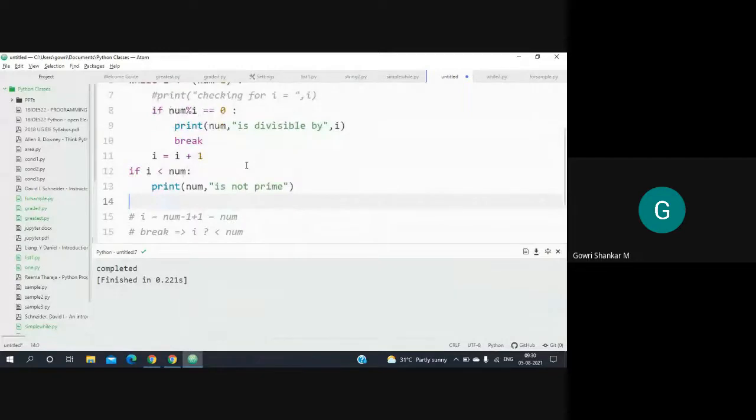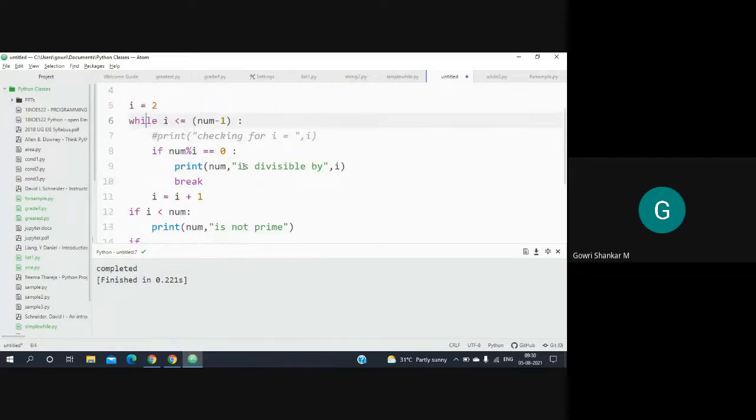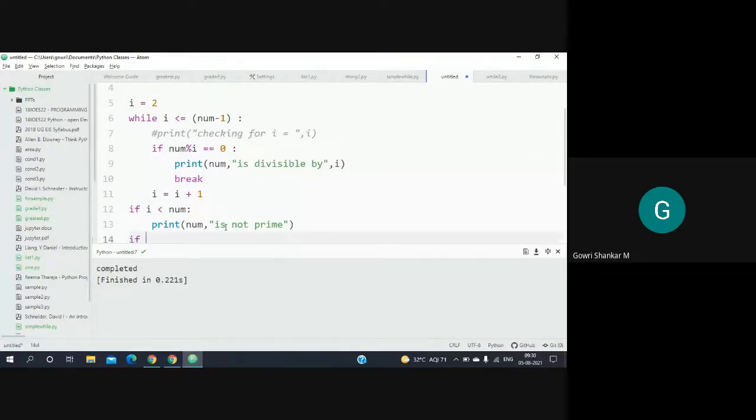What is the condition for a prime number? Then the condition is false, and because of that we haven't printed the number. We haven't found any factors for that number, and then we are having a break here, so it is coming out of the while loop because of that break. So I can go and check here whether I is lesser than num.